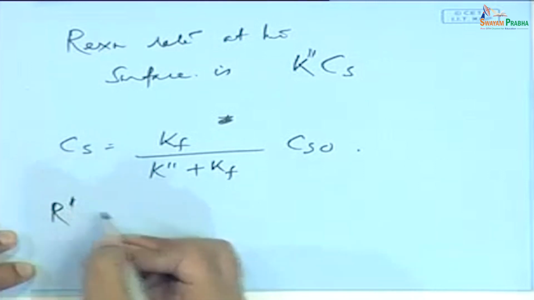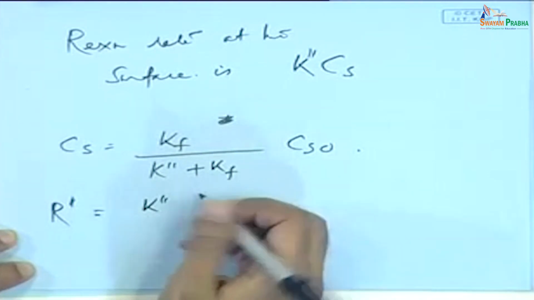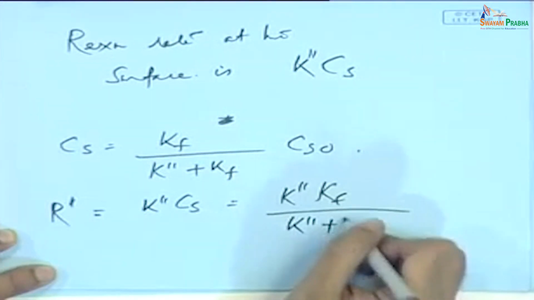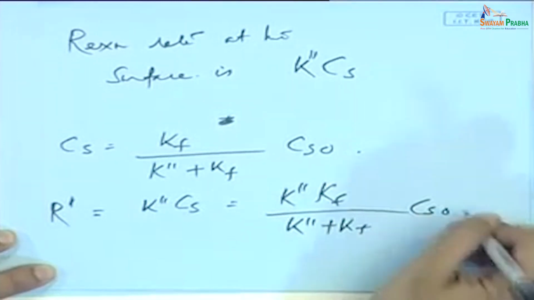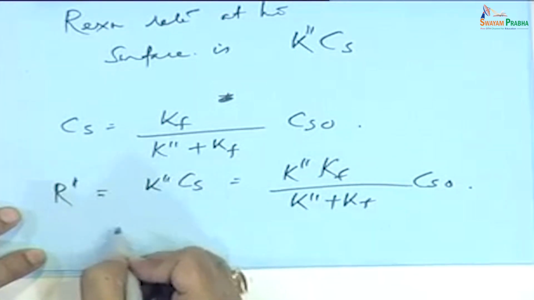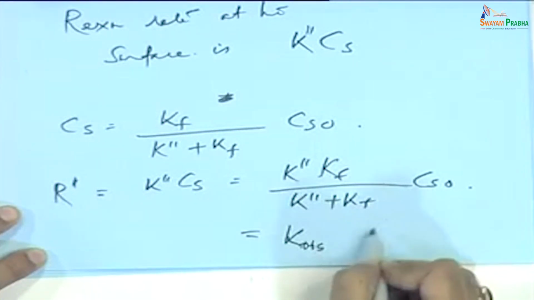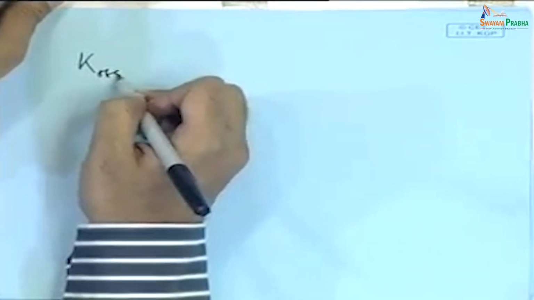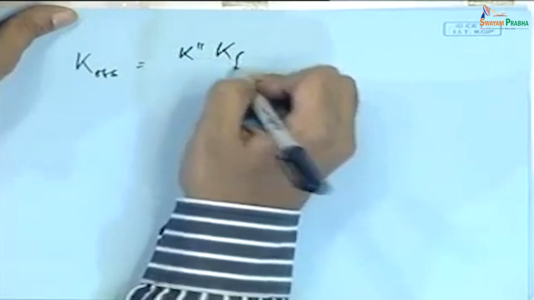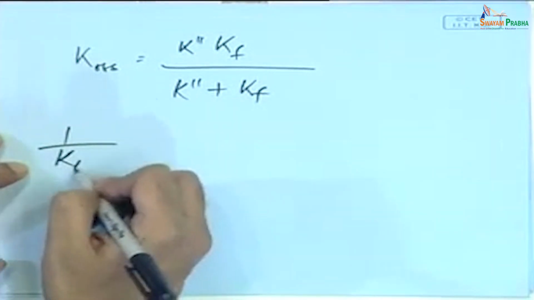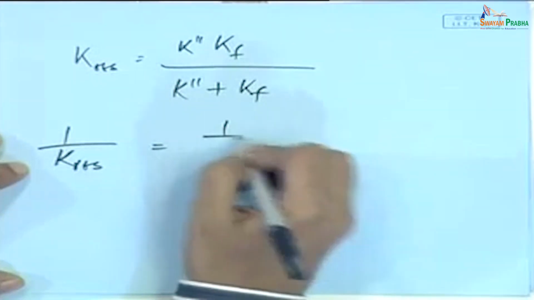So, R equals R double prime, let us call that, equals k double prime times Cs equals k double prime into kf over k double prime plus kf into Cs naught, fine, which means that if you take an inverse again, so this is my k observed times Cs naught, fine. So, k observed equals k double prime kf over k double prime plus kf, or 1 over k observed equals